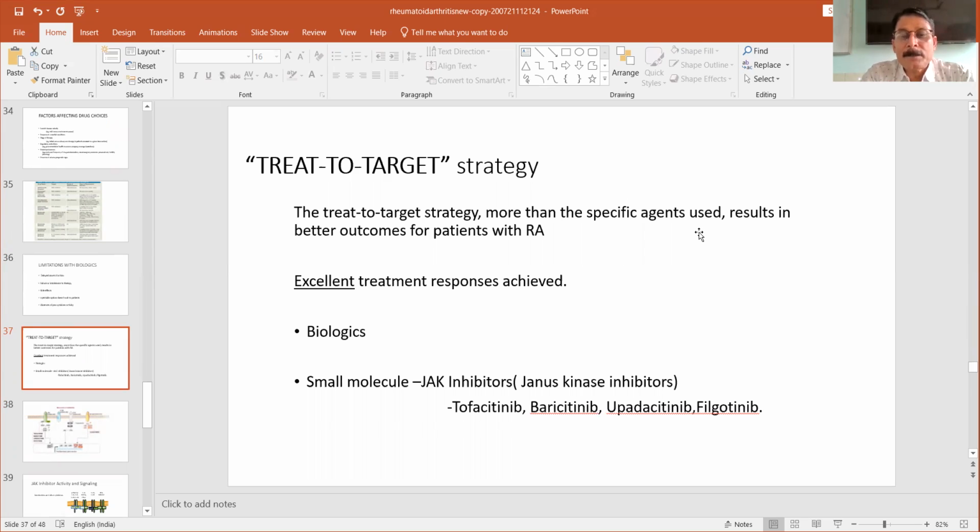So now the need is a targeted strategy. Excellent treatment response is achieved by the agents which are nowadays added. The biologics are basically anti-peptides. It is understood. But now, small molecules like JAK inhibitors, what is called Janus kinase inhibitors, like tofacitinib, baricitinib, or other